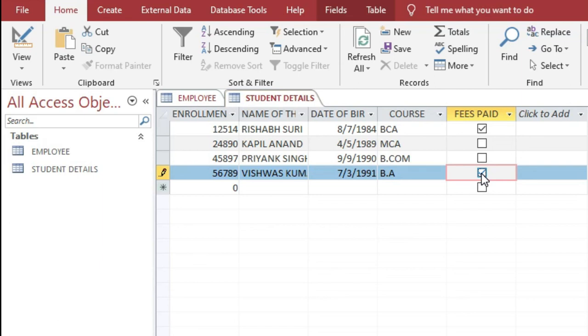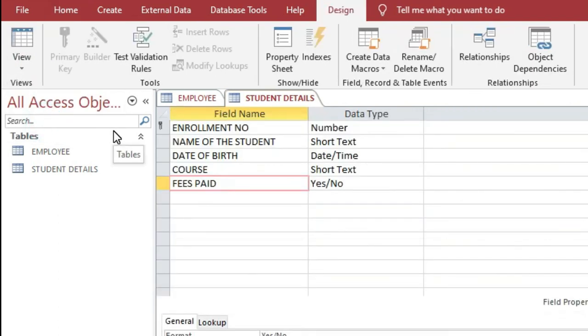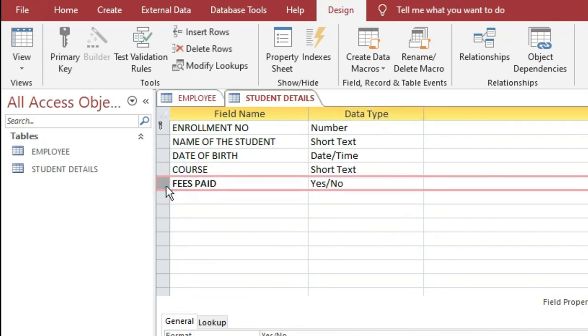Okay, now we learn how to insert a new field. To add a new field in design view, at first open the table in the design view. Okay, and then click on the field before which the new field is to be added. Okay, so I am selecting here,